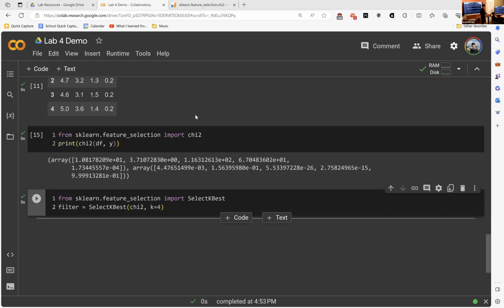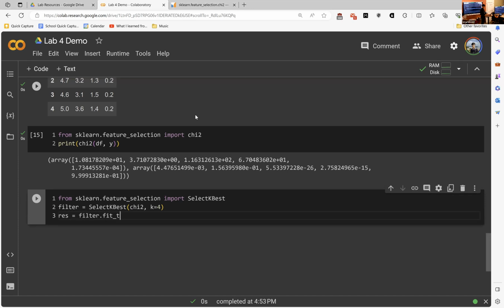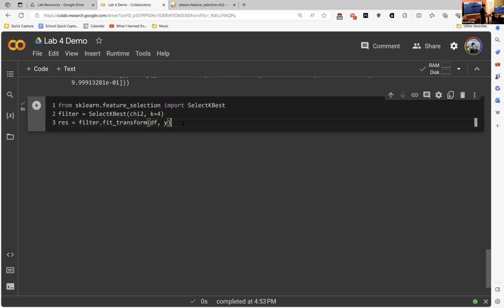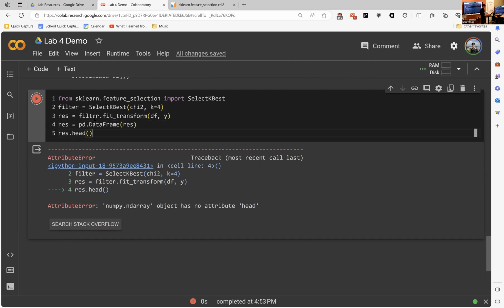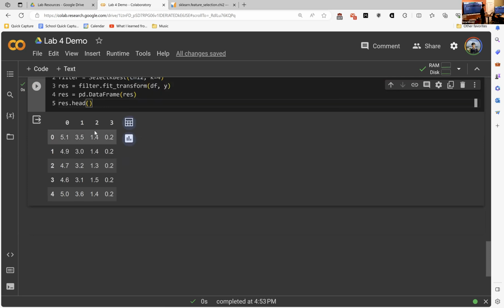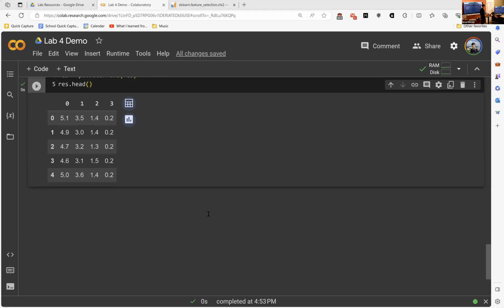And then we need to run fit transform on our data set. And then we can print out the head of this. But we have to convert it to a data frame first because it's an array. That's right. And then we can run head. Okay, and now once again, you can see it's removed the last column that we put in, which is the bad column we know. And it's given us the 4 best features, which in this case are the 4 expected features. Okay. And so that's kind of the second tool that you can use. So in the lab,